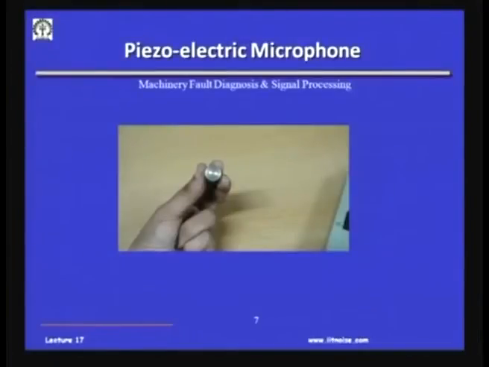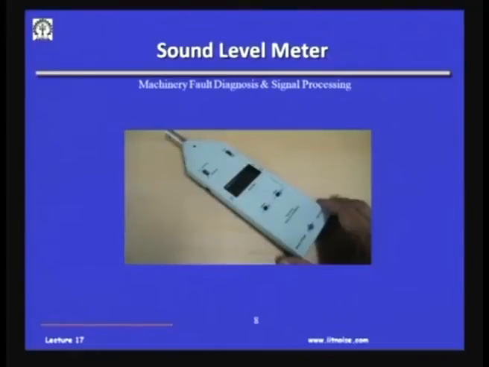Similar to the vibration meter, these microphones are also put in a sound level meter. So, this is a sound level meter wherein the microphone is only this part, and then we again have a preamplifier and a display unit which will give you the overall sound pressure level in a particular frequency range. You also have an option of selecting the frequency band and so on, and of recording the output. So, this is a typical sound level meter.